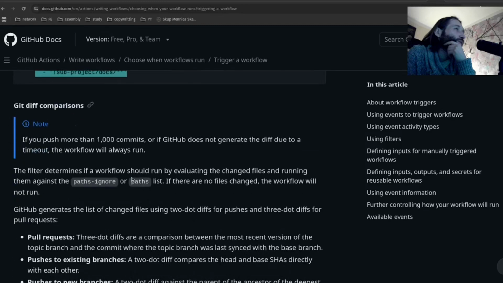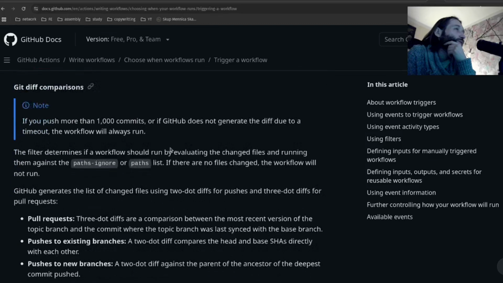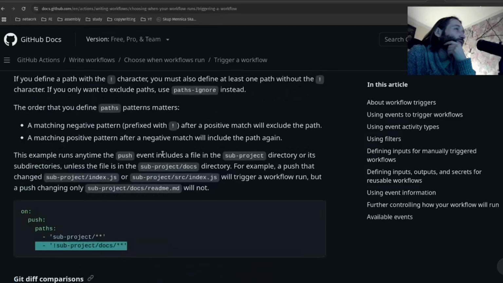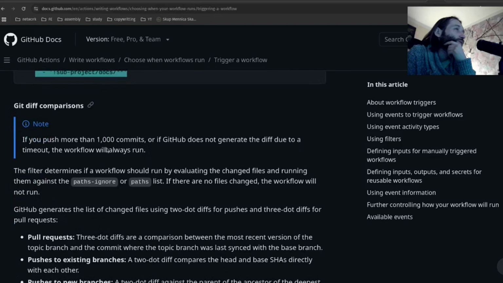Okay, I guess that's enough for today. So what we have learned today is the filtering of branches with branches and branches-ignore, tags and tags-ignore, and paths and paths-ignore, and how to use them. Next time we will read about the git diff comparison,